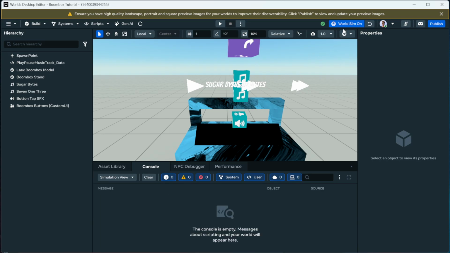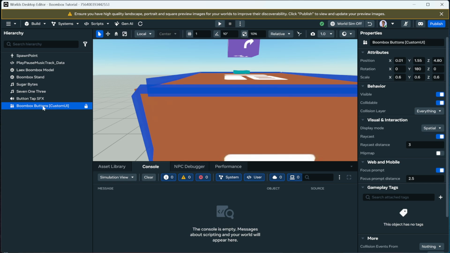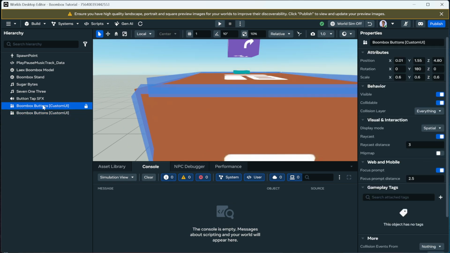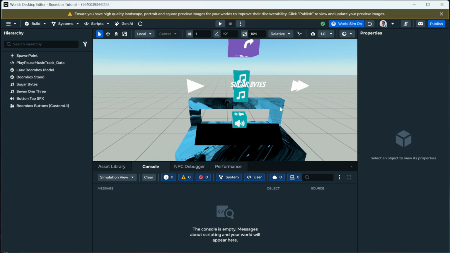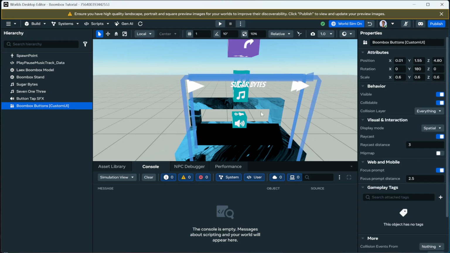We do need to stop the world because for whatever reason that didn't work. Control D, delete the old one, world simulation on. There we are. That's exactly what we wanted. That is exactly what we wanted. That is so perfect. So now that we have this doing exactly as intended, we can now rotate that into